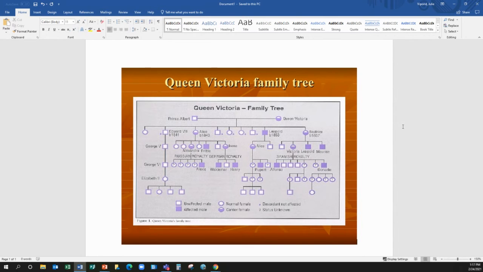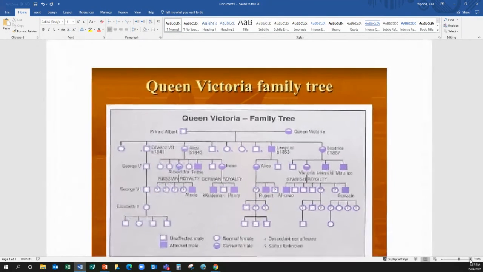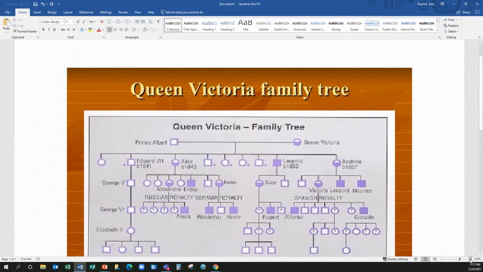But back to Queen Victoria and her family tree. She marries her cousin once removed, so there's a little more space for them. She marries her cousin Prince Albert of Saxe-Coburg-Gotha. And they're both Hanoverians, they're both Germans. They go on to have 9 children. And pretty much the reason they stopped having children is because he died.